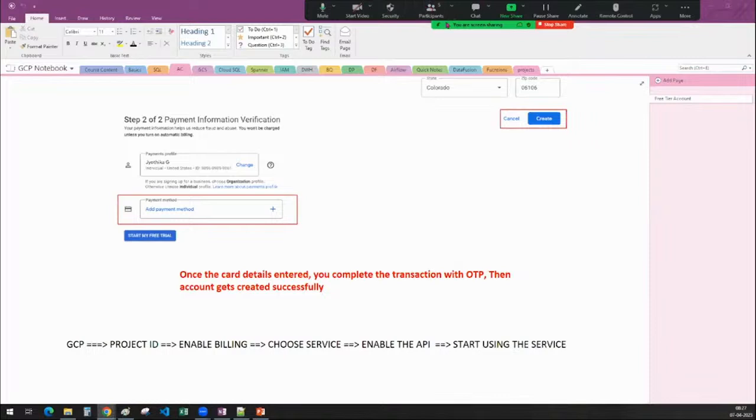In real time, will we be using all the tools at a time, or a particular tool? No, it depends on the project. There will be a particular tool at a time, like Dataproc or Dataflow, or a data processing system like that.